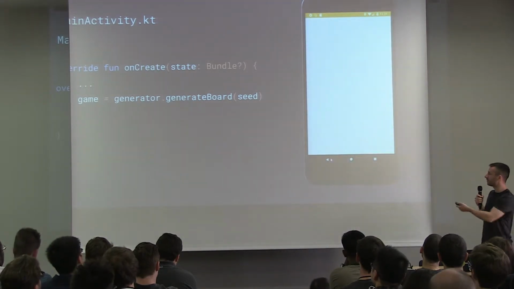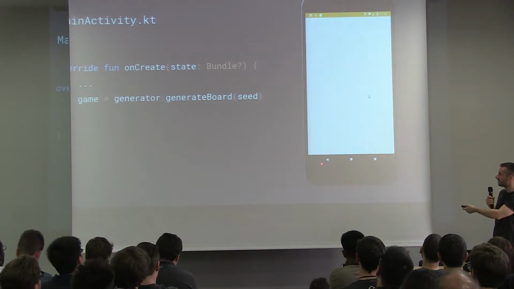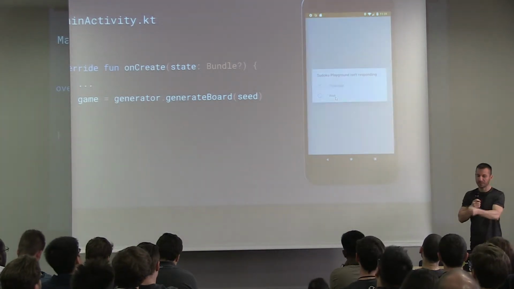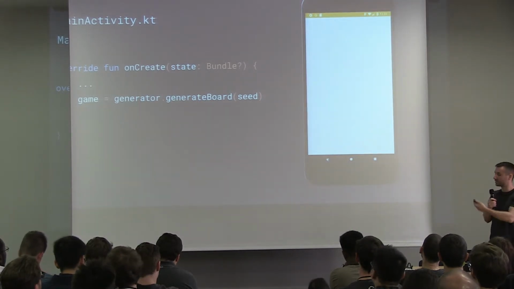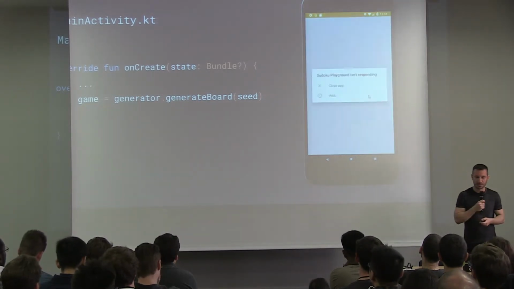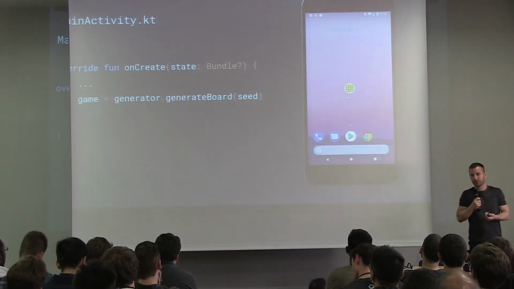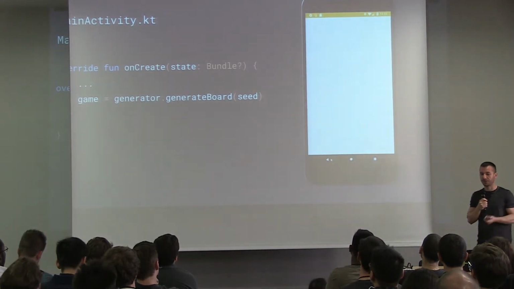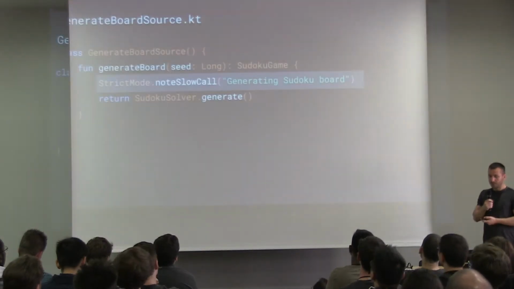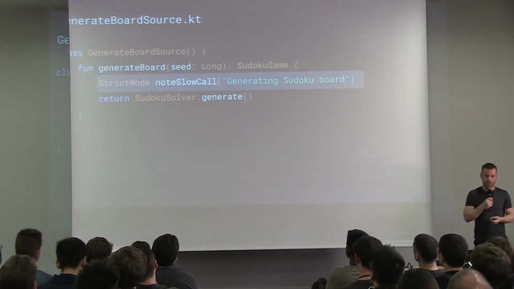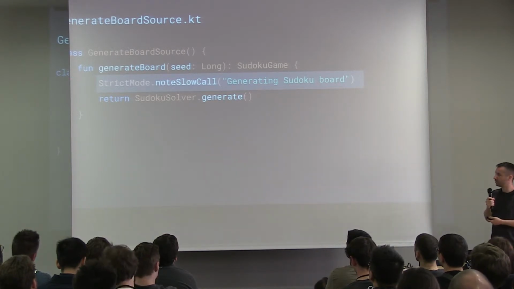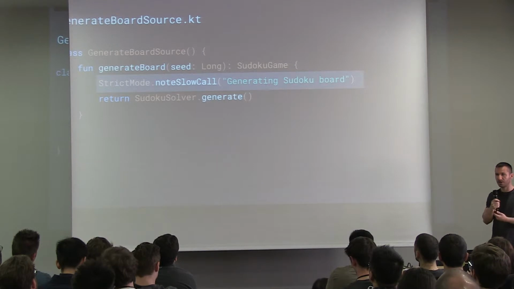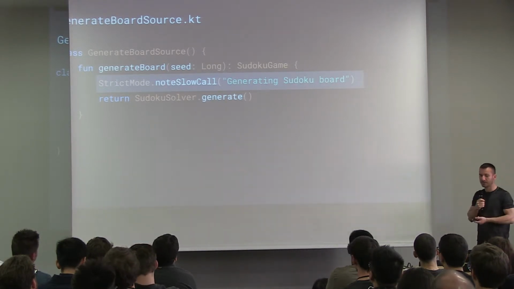So it's a terrible experience. The user sees a blank screen. They try to back out by repeatedly pressing the back button, and nothing happens until the app, well, it doesn't crash, but it's almost as bad as a crash, or even worse. So I thought I could do it in my own create method because I'm not hitting network or disk. Well, the creator of this Sudoku algorithm would know that this call is super long, maybe I don't know because I'm just using this Sudoku library, but they should know that this takes a long time.